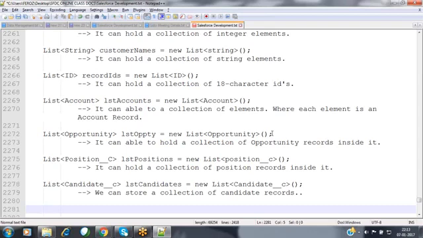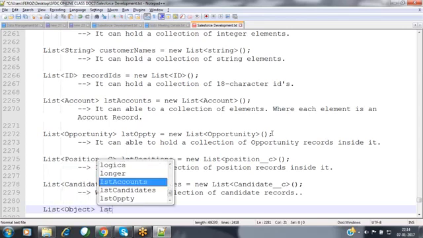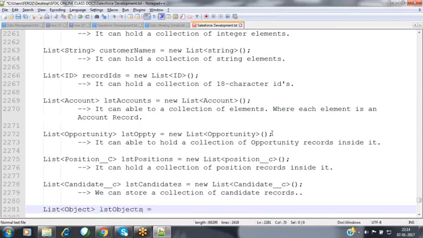Feroz, one question. Yeah. So all these examples relate to a single data type, right? So how can we store heterogeneous data inside a list? Yeah. So for that we can specify list of object, new list of object.